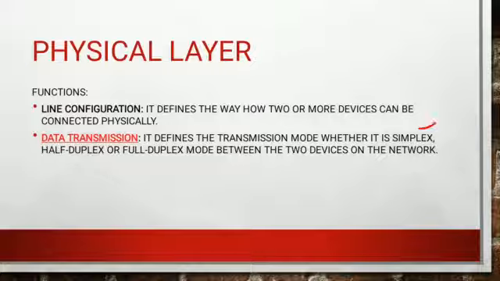Simplex mode means only one directional data transmission. There is no reverse direction of data, meaning only orders are passed. One directional data transmission is called simplex transmission. There is no reply message in this case. Half duplex means both directional data transmission is there, but at a time only one direction is used. First one person sends the data, and after the data is received correctly, only then the receiver will transmit the data. Both directional transmission is possible, but not at the same time.